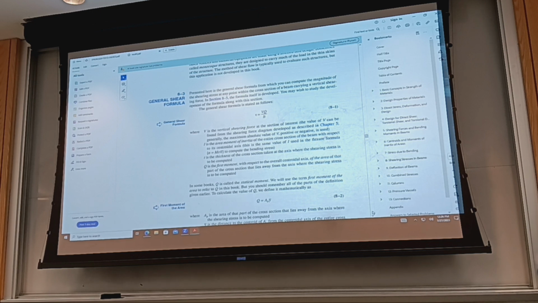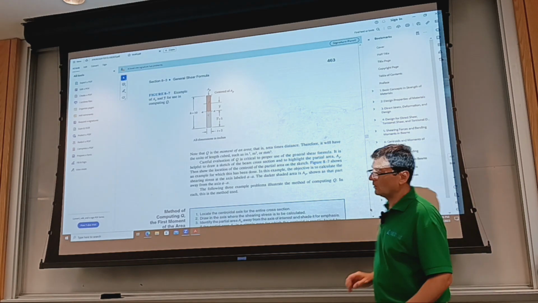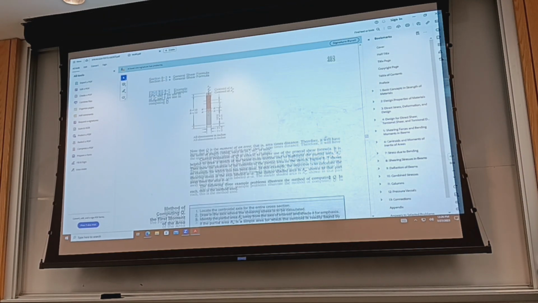So if you look at this figure here, how is Q, the first moment of area,